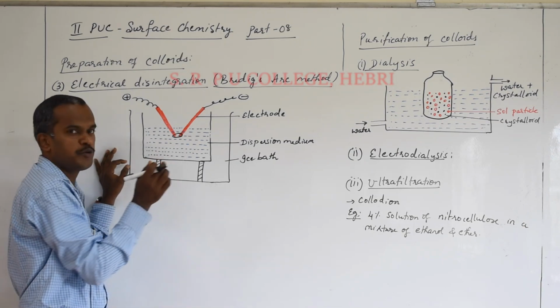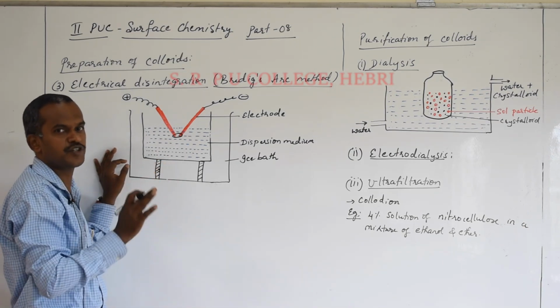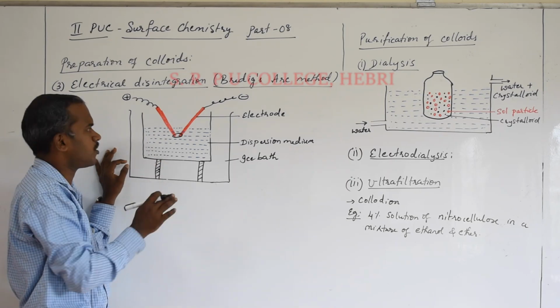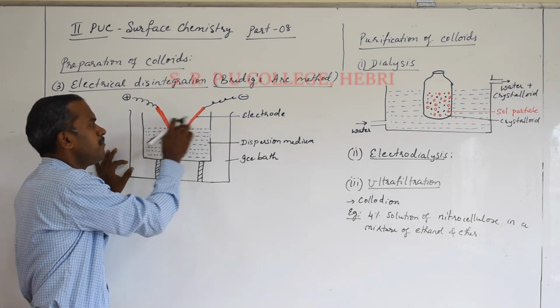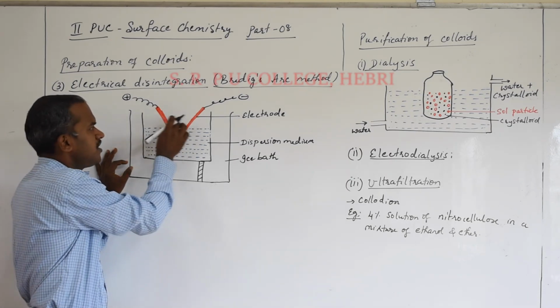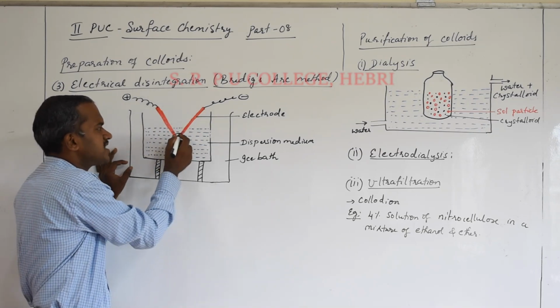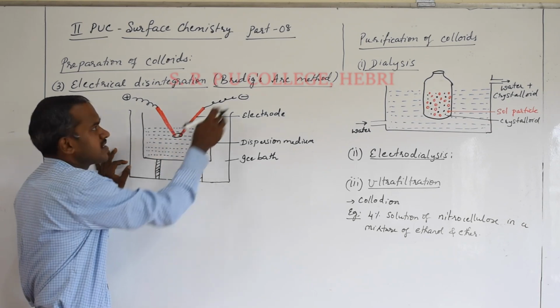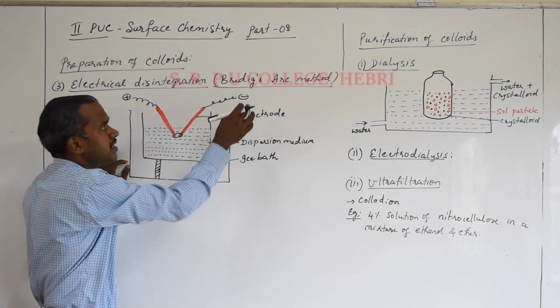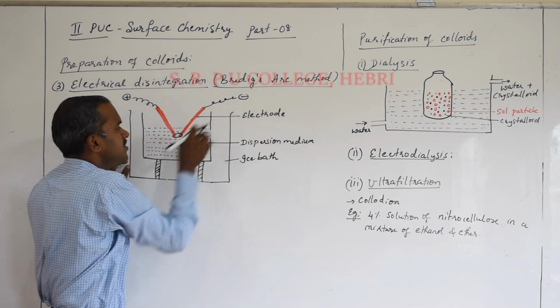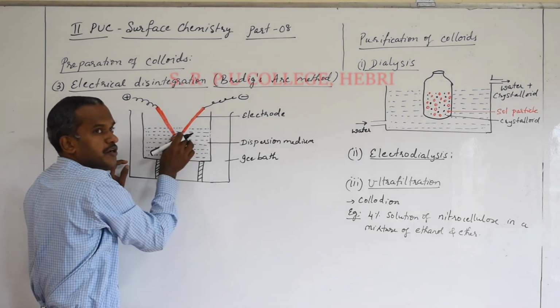Say for example, you want to prepare a gold sol or silver sol or platinum sol, such a metallic sol, you have to take the same metal electrodes. Can you see here? This is the electrode, the anode and cathode, it is dipped here and it is connected with an arc. You will ask now, Bredig's Arc method, why that word comes? It is a scientist's name and arc is an instrument used here which connects the two electrodes.